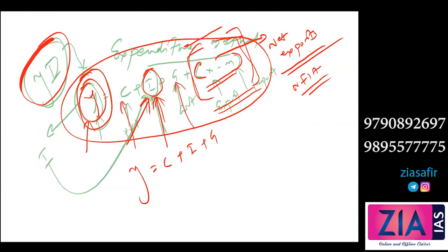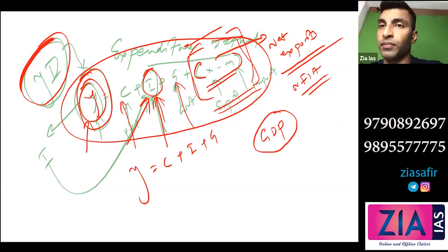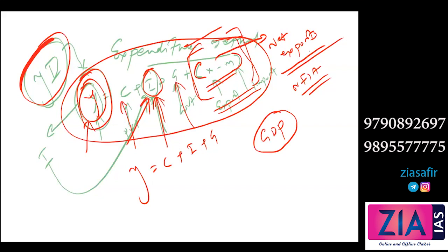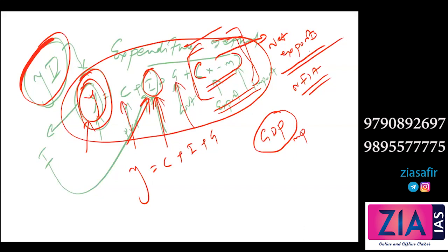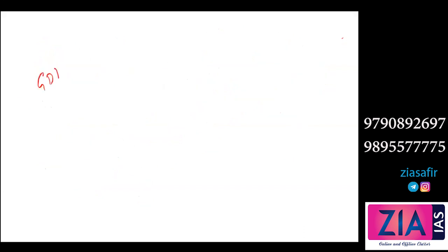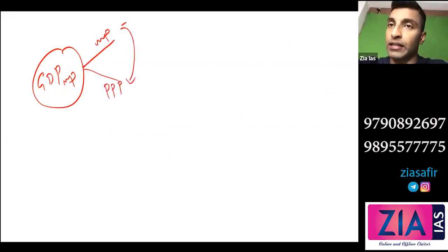Sir, when we compare with other countries' national income or per capita income, which one do we use? We use GDP. For comparison, we use GDP, and GDP at market price we use. Two types of comparison are there. We measure GDP at market price. Two types are there: at market price and purchasing power parity rate. These are two different comparisons. I will discuss this in detail when it comes to purchasing power parity.